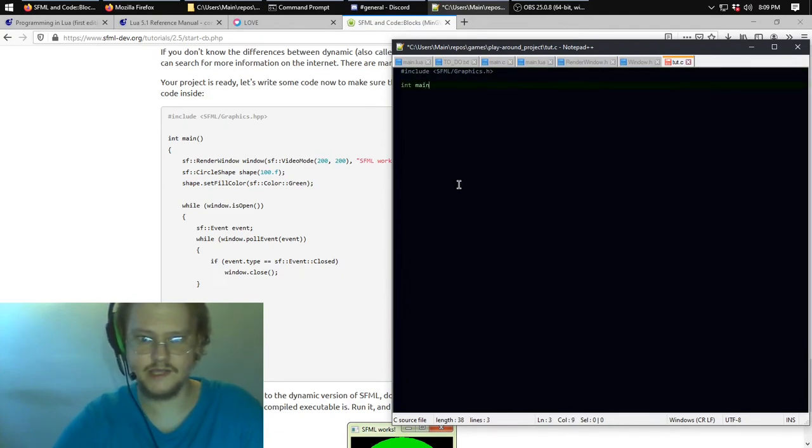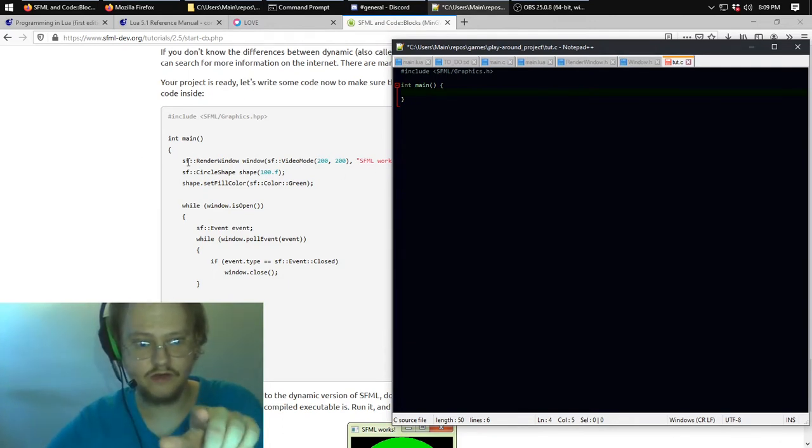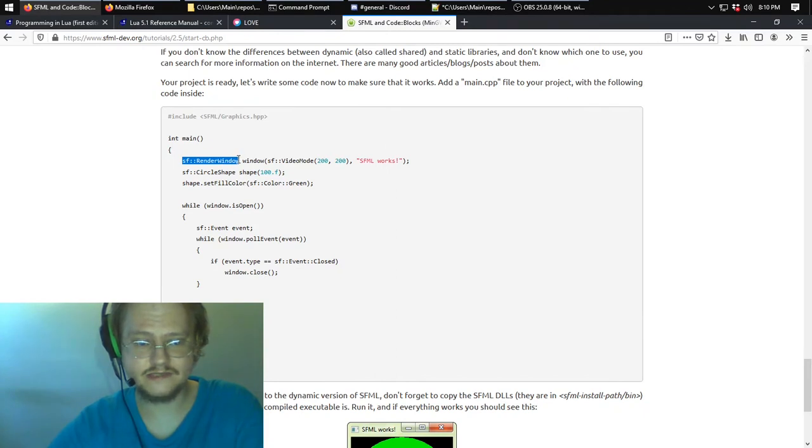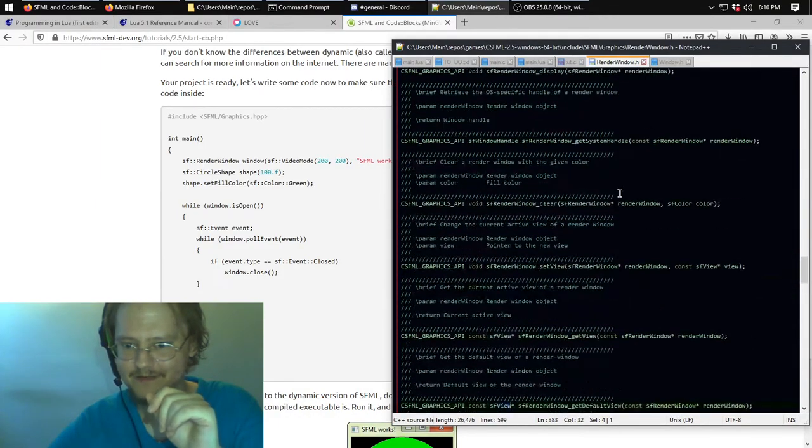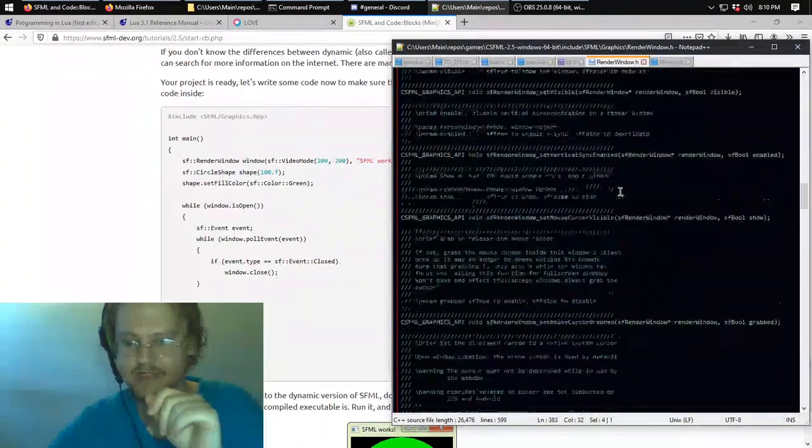And in main, that classic necessary portion of the C program. Now, it gives you all these SF:: things. They're everywhere. Every time you see that, you can just use this without the colons. So the function we need here is sfRenderWindow, I believe. This is where it gets a little hairy. See, you have sfRenderWindow,